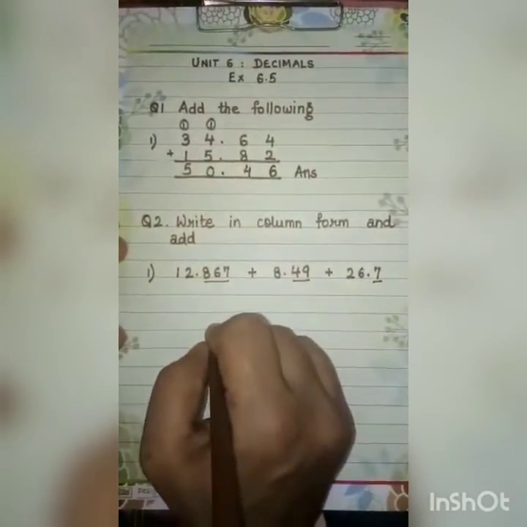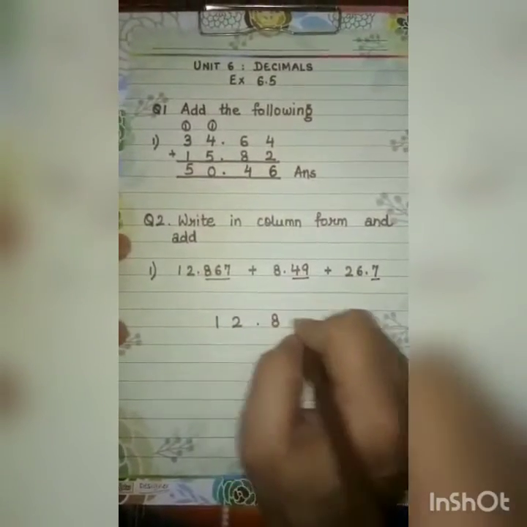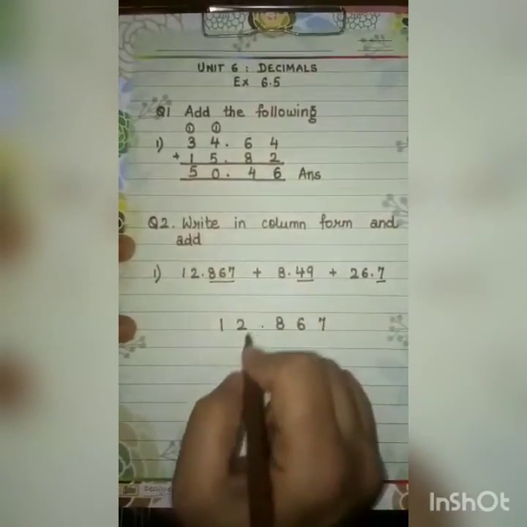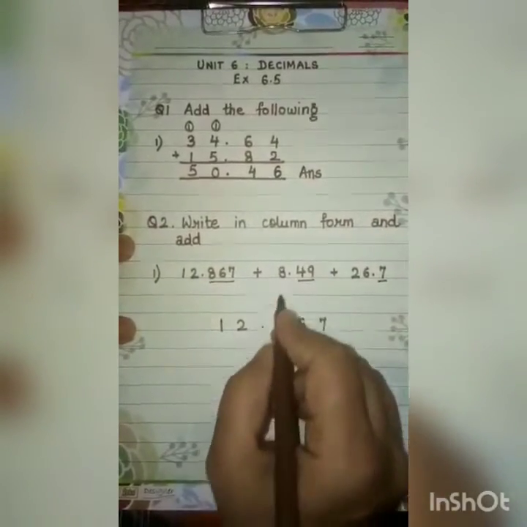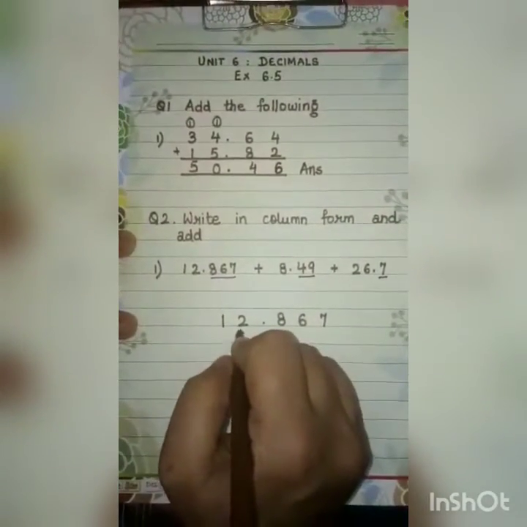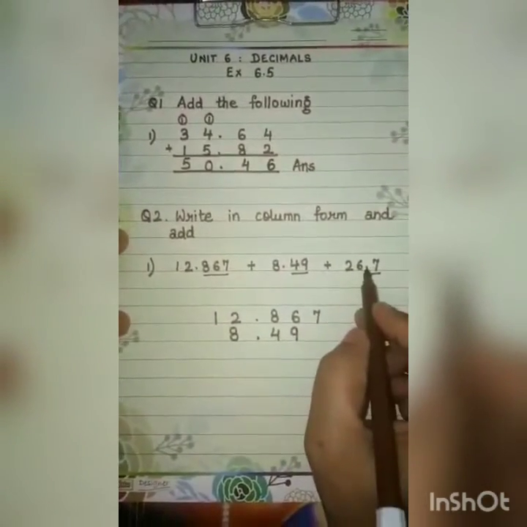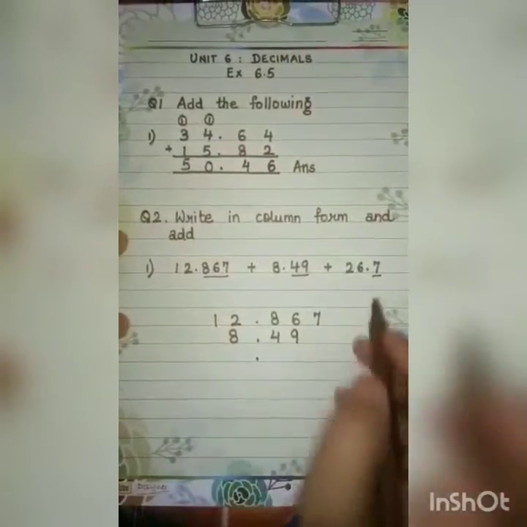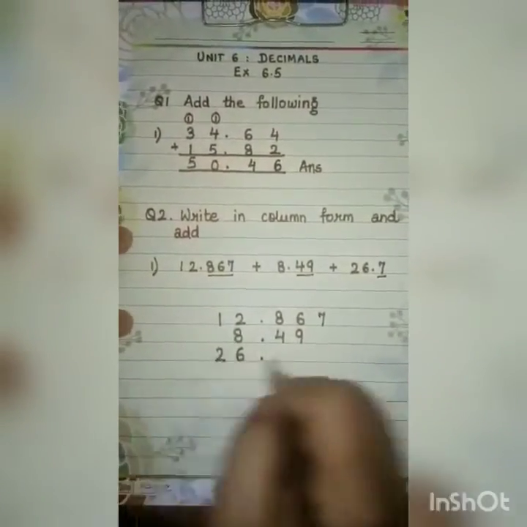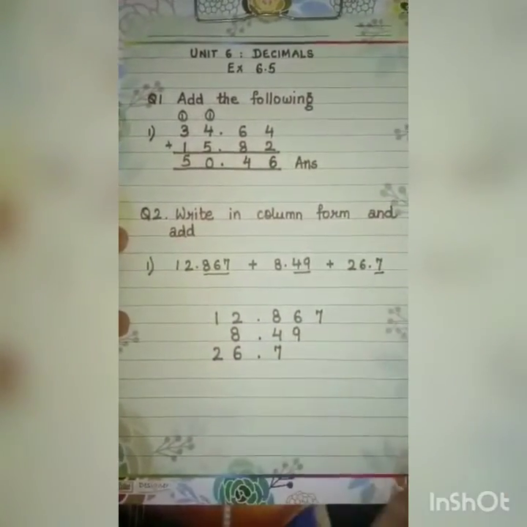So when we are writing, there is a pattern. Now what is that? First of all, you are going to write down the first number. Taking the second number, when you are writing it down, always remember the decimal will come under the decimal only. You can't write down the decimal elsewhere. Here again, writing the decimal and then you have to write down the digit 6 over here and 2 here, and there is only one digit after the decimal, so 7 to be written here.